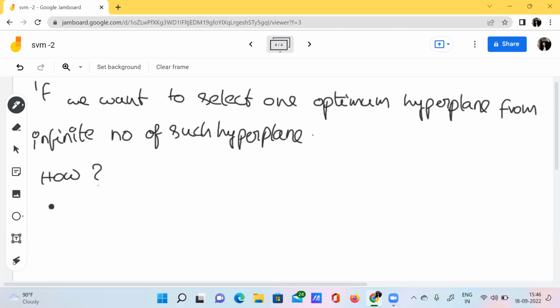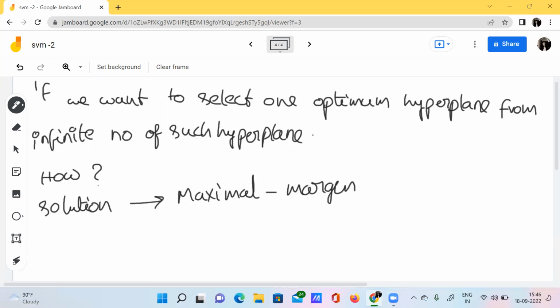One such solution is the maximal margin hyperplane. The maximal margin hyperplane is one of the solutions to this kind of scenario. We have so many hyperplanes, and we need to choose one best hyperplane out of all those infinite hyperplanes. How do we do that? We do that using this maximal margin hyperplane. I'll show you how to do that.